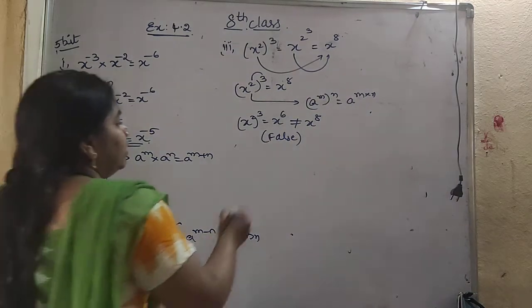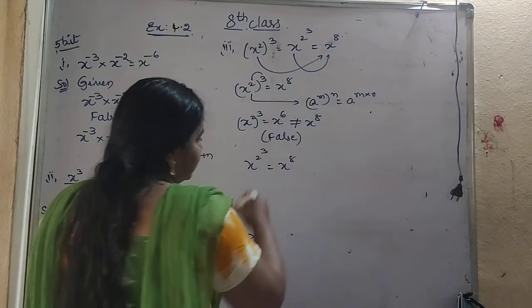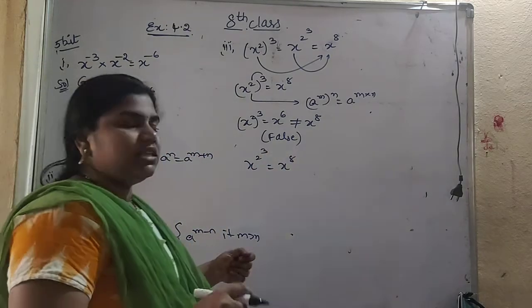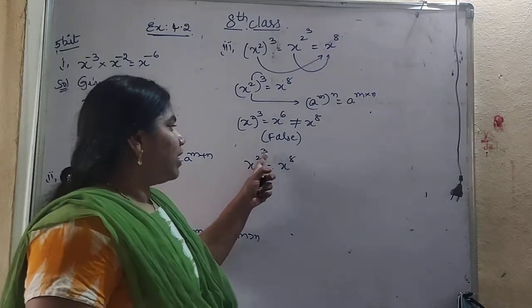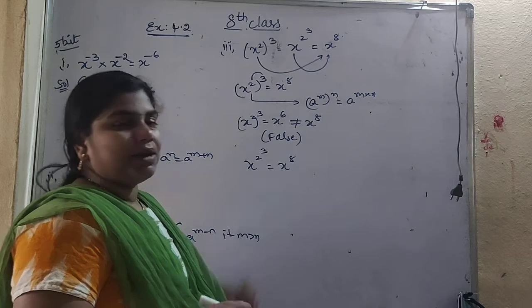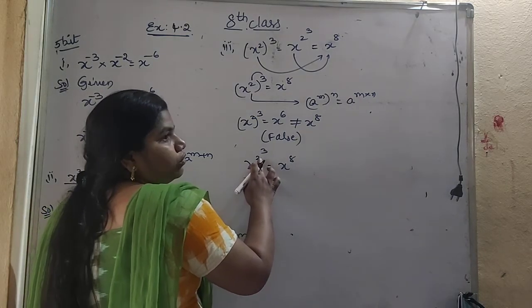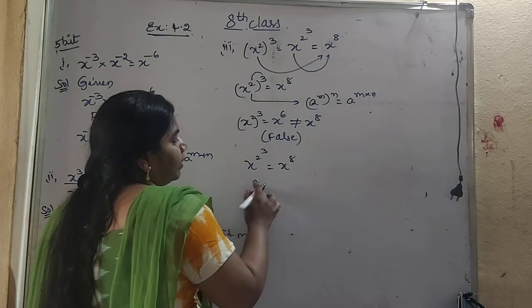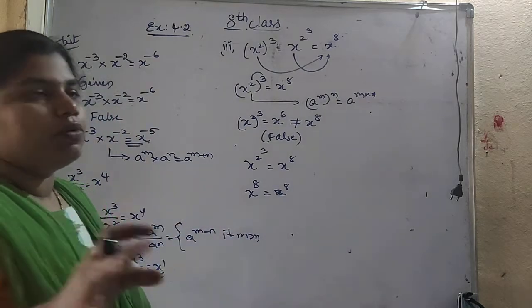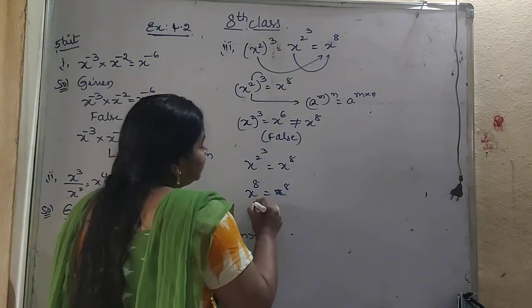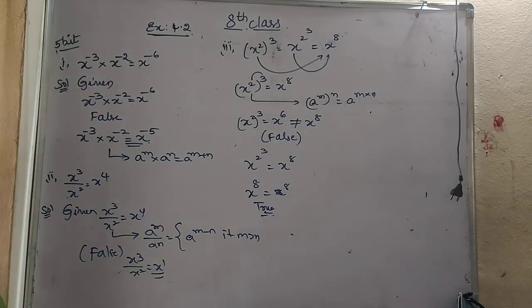In the same way, x power 2 whole cube will be equals to x power 8, it seems. So here in this case it will be true, because 2 we have to multiply how many times? 2 we have to multiply 3 times. So it will be 8 here. 2 into 2 into 2 will be equals to 8. That is x power 8 will be equals to x power 8. But both answers are not equals to x power 8 there. So in this case it is true. But in this case it is false. So this is our third question.